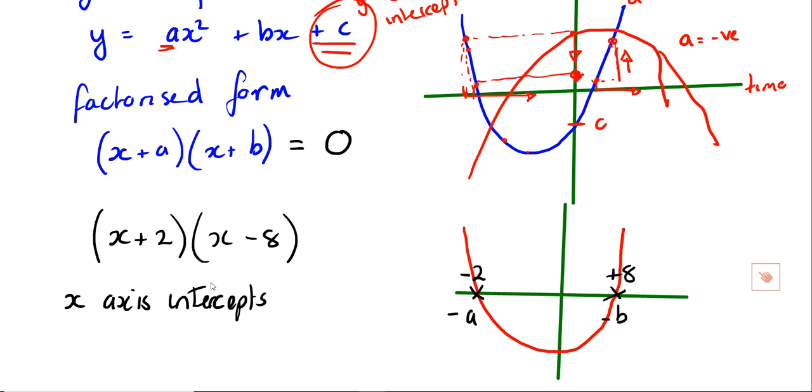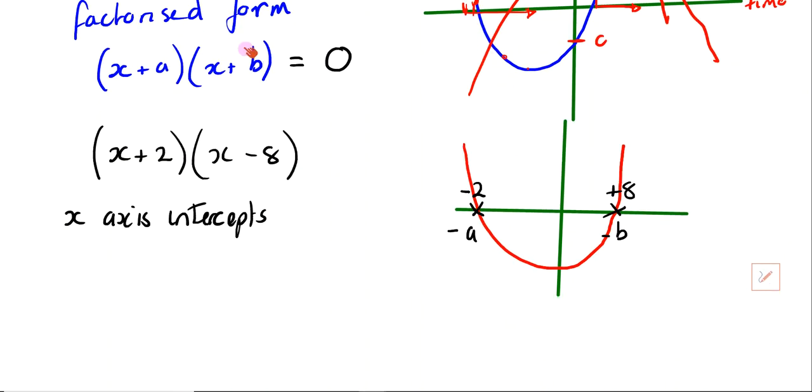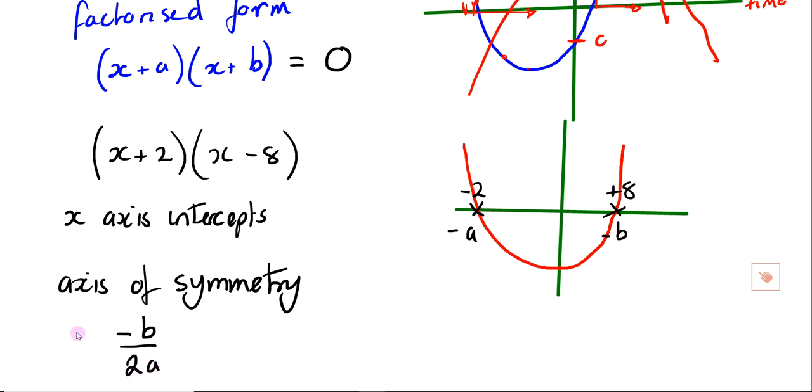So what else was the other thing that you were asked to look at? It wasn't actually a form of the equation as such, but it was the translation. Symmetry, the axis of symmetry. What was the formula for the axis of symmetry? Dang it. Too much chatting. It helps you find the vertex, doesn't it? So the axis of symmetry is